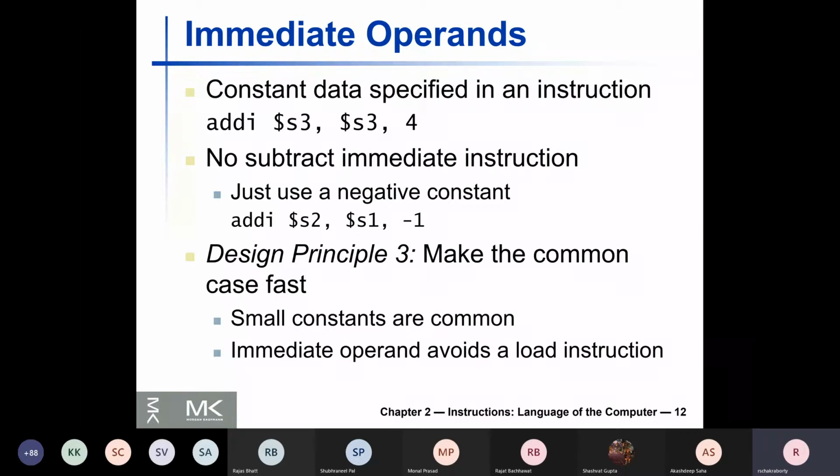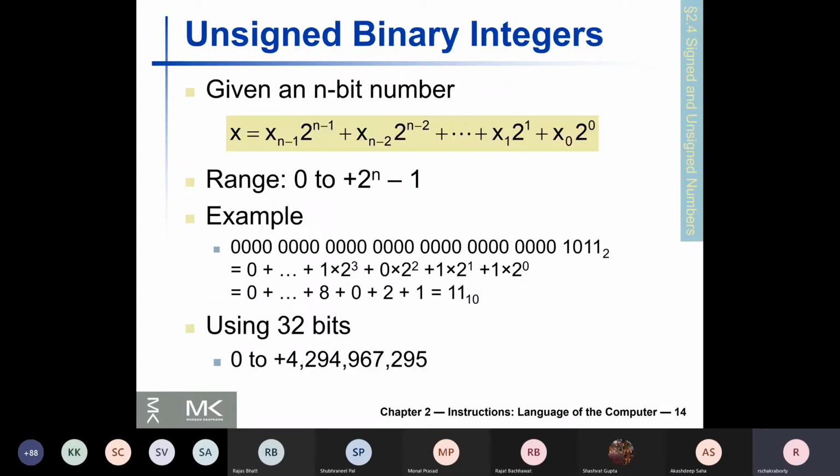Now there are certain operations which operate directly on unsigned values, meaning they interpret the constant that is mentioned to be an unsigned number, or they expect the operand to be an unsigned number and perform unsigned addition. So the interpretation of the number is different in different cases, and accordingly you will also interpret the result in different ways.